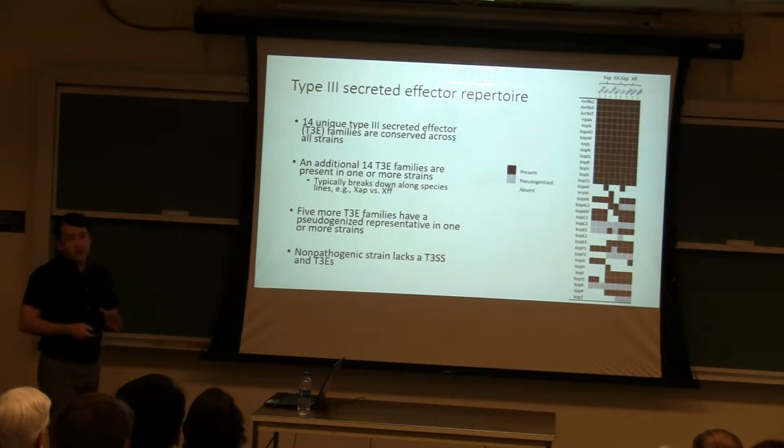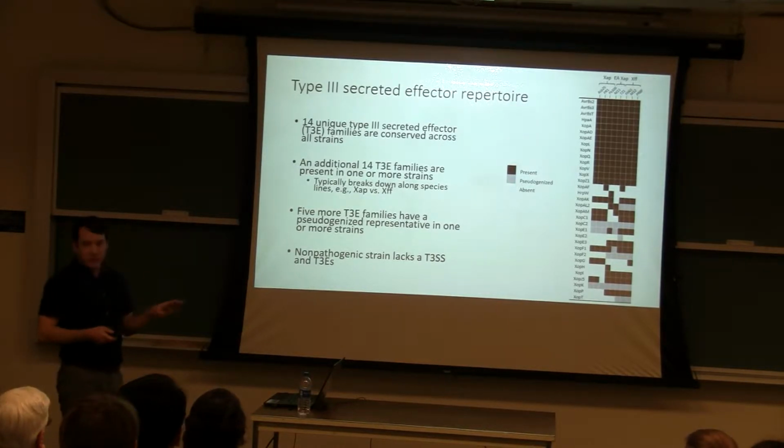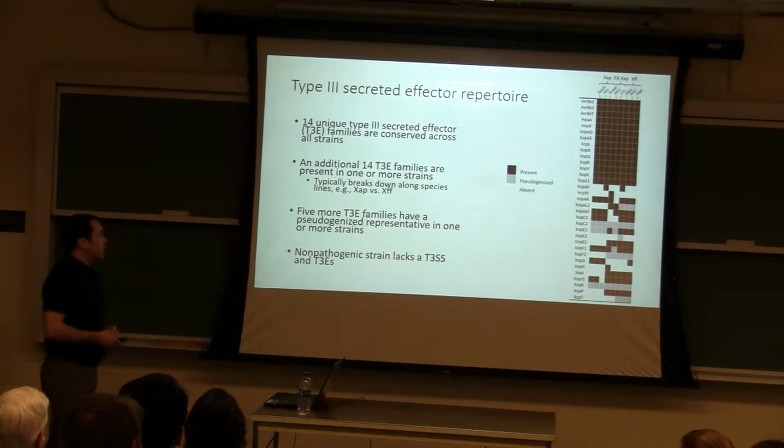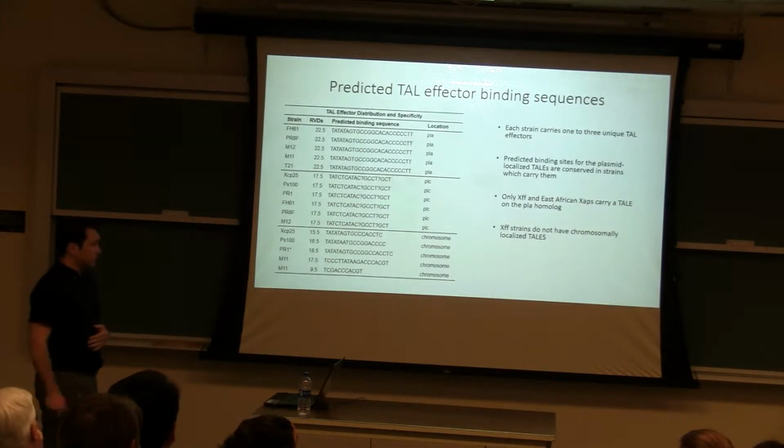Also, the non-pathogenic strain, as I mentioned before, doesn't have those plasmids, right? It doesn't have a type 3 secretion system, doesn't have type 3 secreted effectors. So it looks like it's more of an actual non-pathogenic xanthomonad versus an avirulent member of the combinatorial species complex or some other